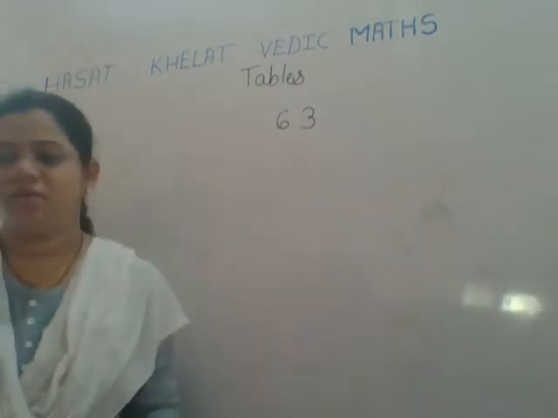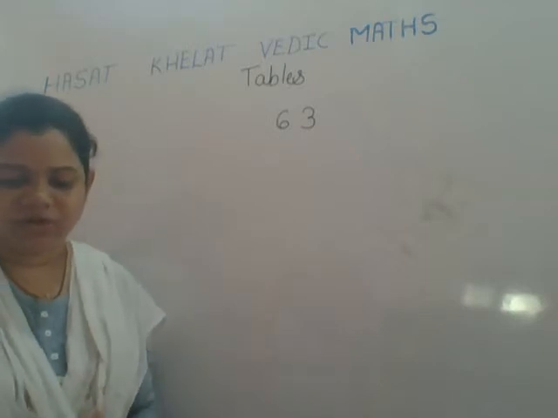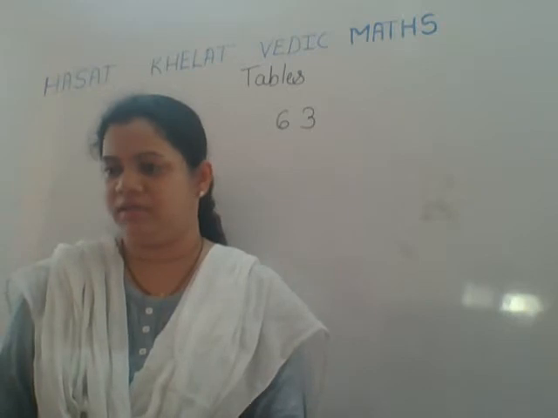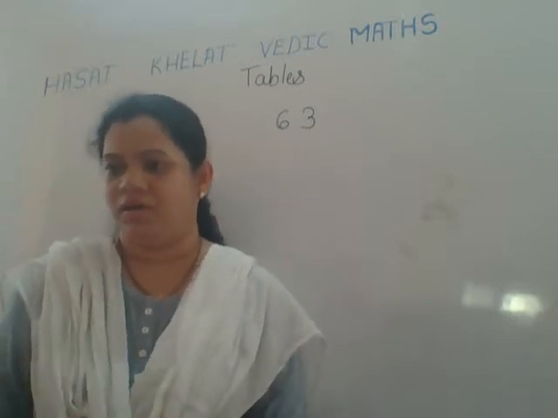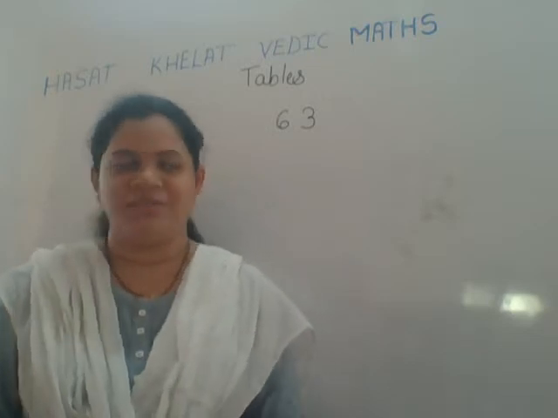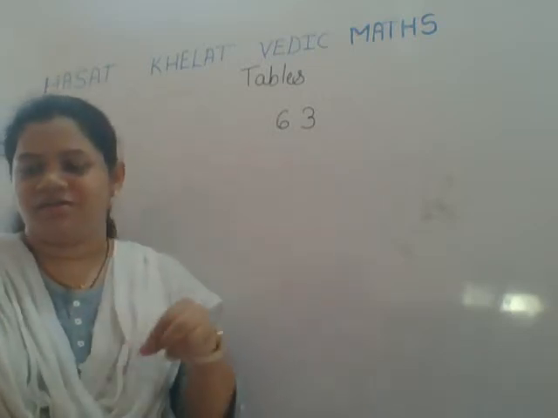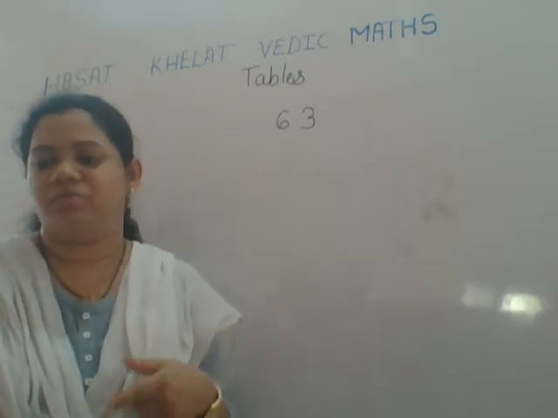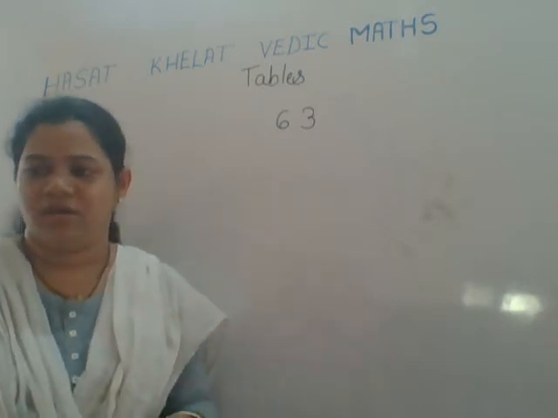Okay, now you have learned how to prepare the tables, right? In table competitions, generally at school level we have tables till 30. It is recommended that your tables till 30 be memorized, but that never happens. So whenever multiplication requires writing down the tables, this technique should be very clear and you should be very fast at it.